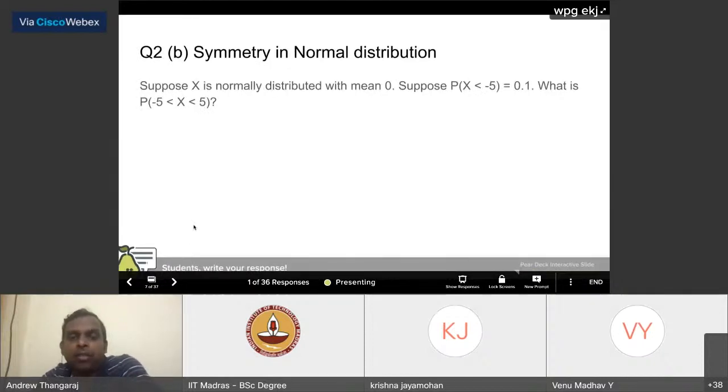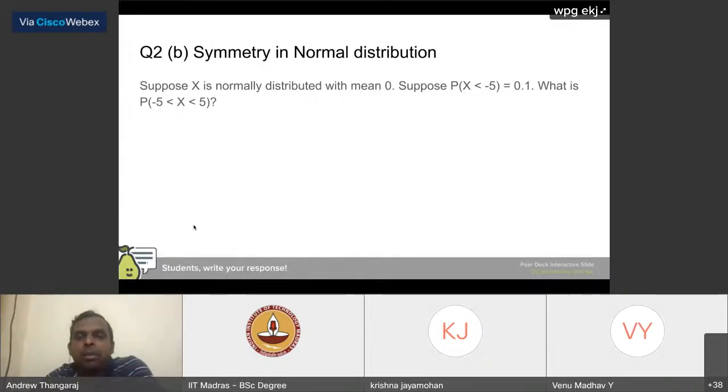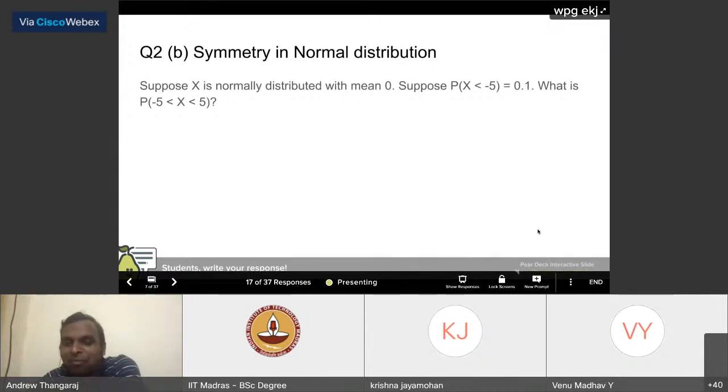What about this guy? I've given the same random variable, but now I'm saying probability of x less than -5 is 0.1. What do you do for probability of -5 less than x less than 5? So it's slightly different from the previous case, right? How do you go about it? Okay, yes, I see Samit's answer, which is very abstract and very comfortable, but it's nowhere near numerical. So far, let me assure you, nobody has given me a numerical answer.